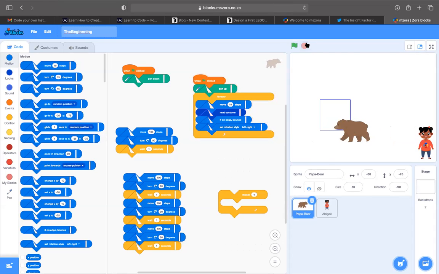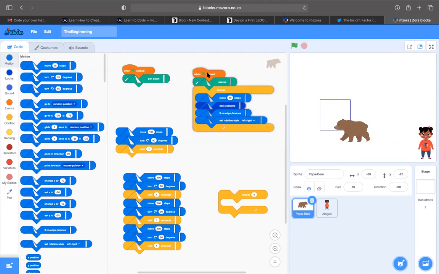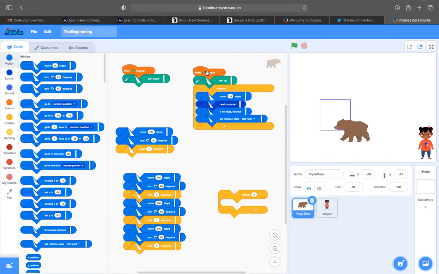All right, ladies and gentlemen, we have come to the end of our session. If I can just summarize everything, we looked at what coding is, and we looked at building an algorithm. We said that an algorithm is a step-by-step way that we instruct a computer on what to do.